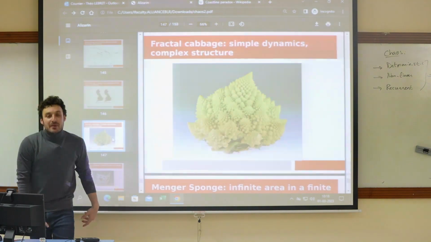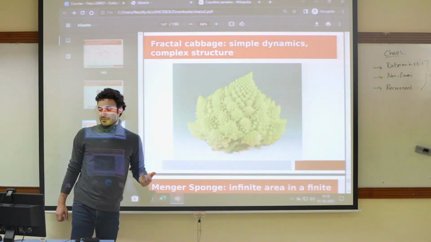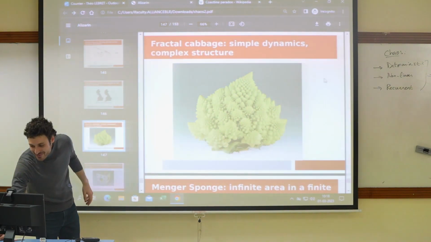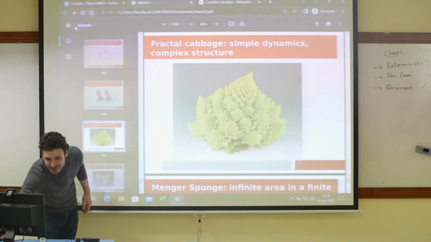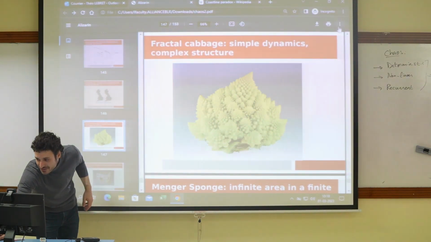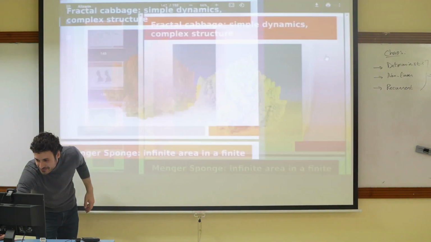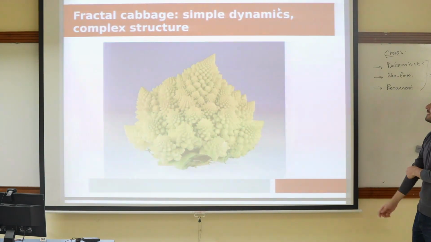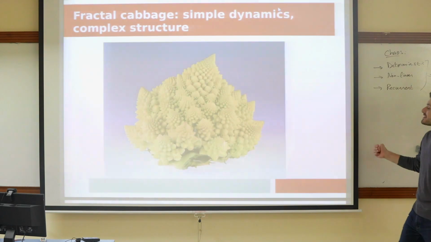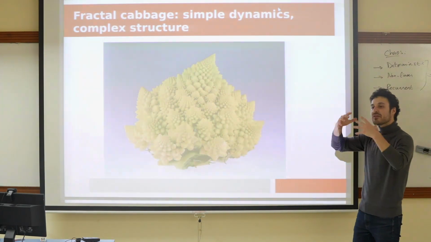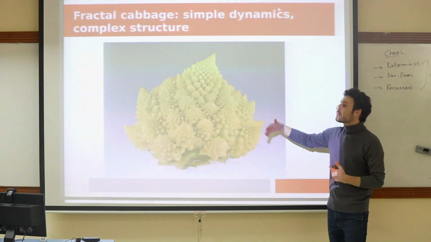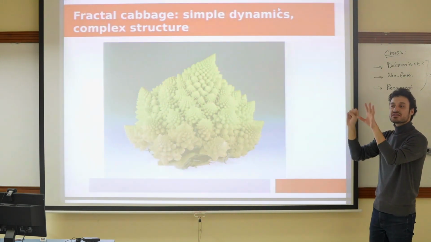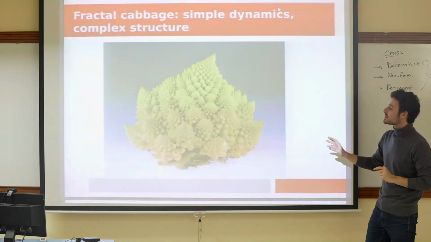Okay, so fractals, you see them quite often in nature, right? In particular, this is a very famous example. This is Romanesco cabbage, or Romanesco broccoli, I think it's called in English. Anyway, it's a brassica. So this is obviously very pretty, but there's a question of why it is that in nature, quite often, when you see very complicated, or at least complicated looking, structures, they tend to have fractal structure. Snowflakes are kind of the same, right? Snowflakes also display a kind of fractal structure.